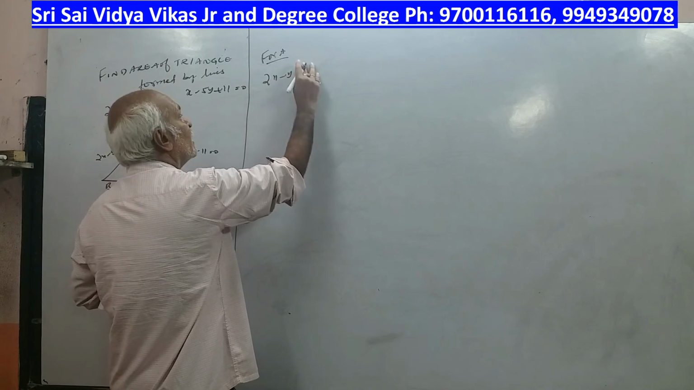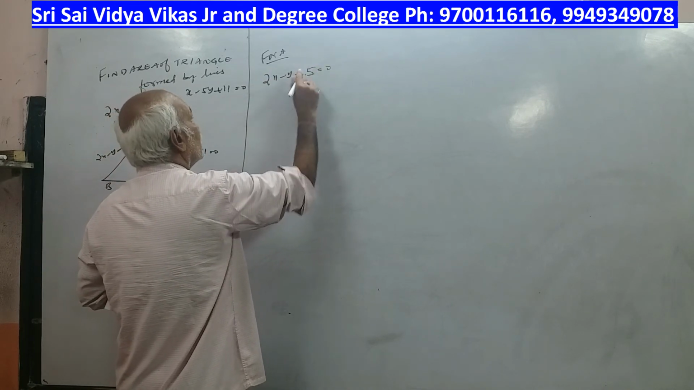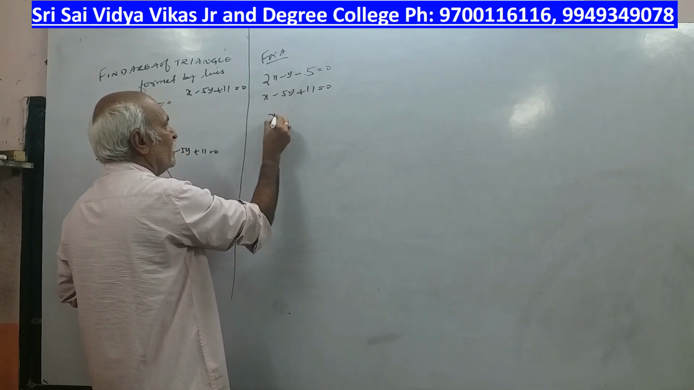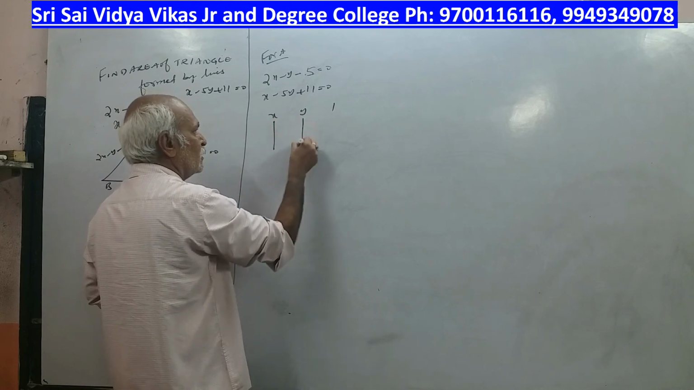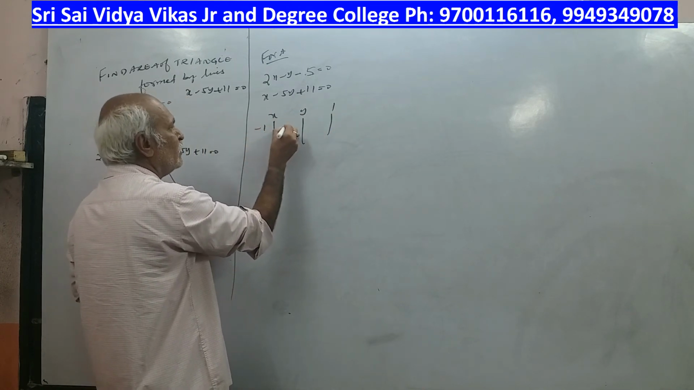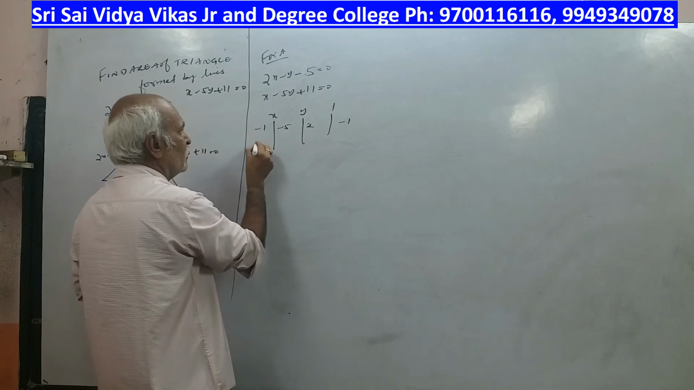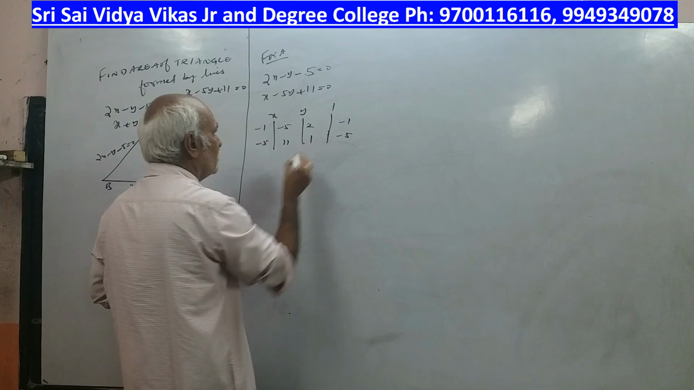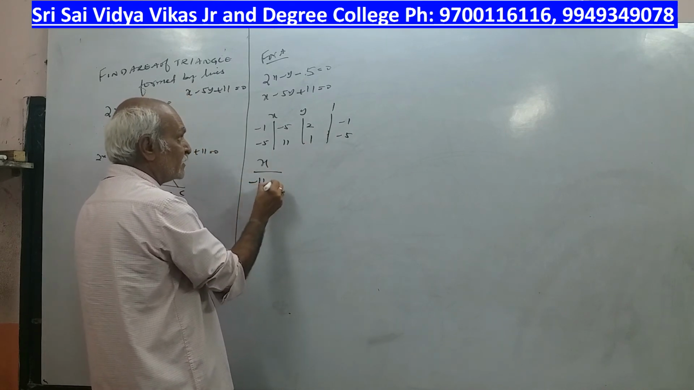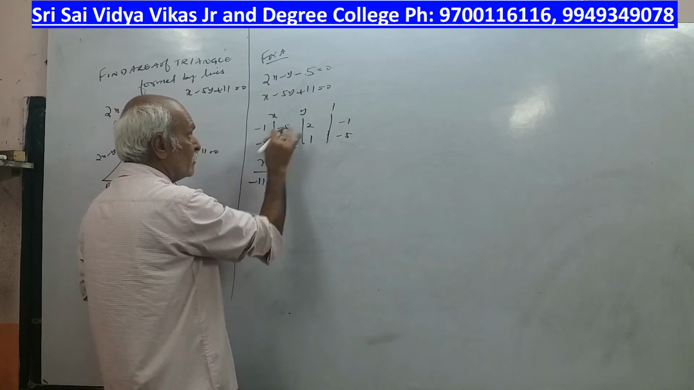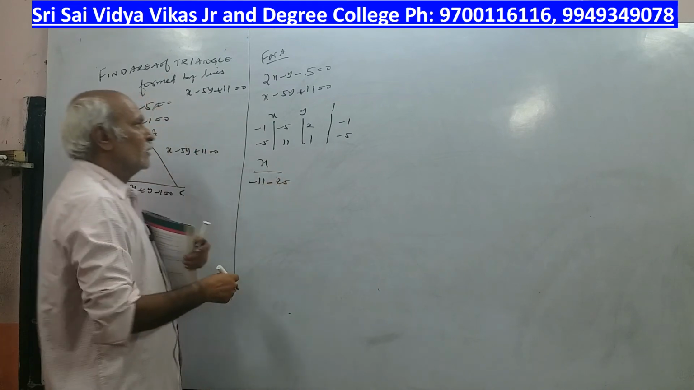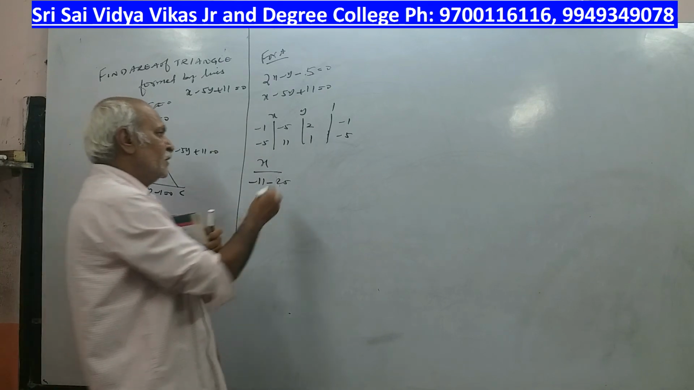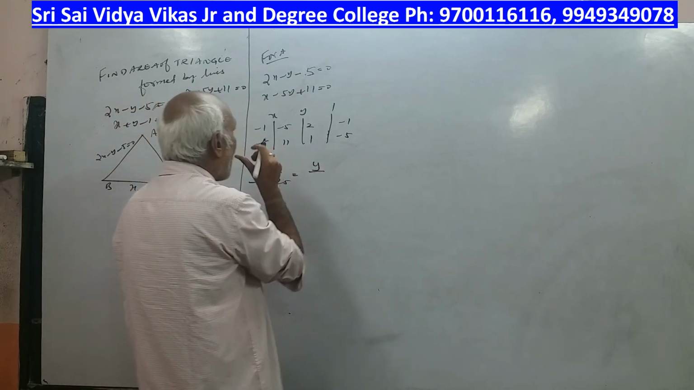2x minus y minus 5 is equal to 0. Second equation, x minus 5y plus 11 is equal to 0. x, y, 1. So here minus 1, minus 5, 2, minus 1. Minus 5, 11, 1, minus 5. Therefore x by minus 11, minus 10. Sorry, minus 25. 1 into minus 11, minus of minus is plus, so minus 25 is equal to y by